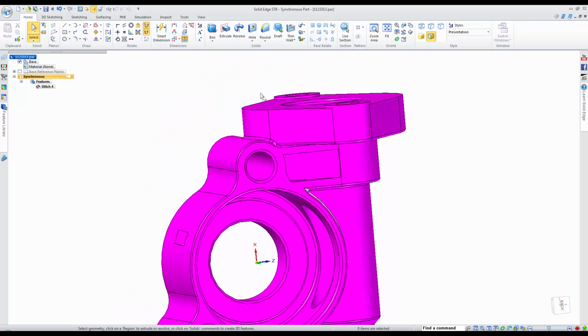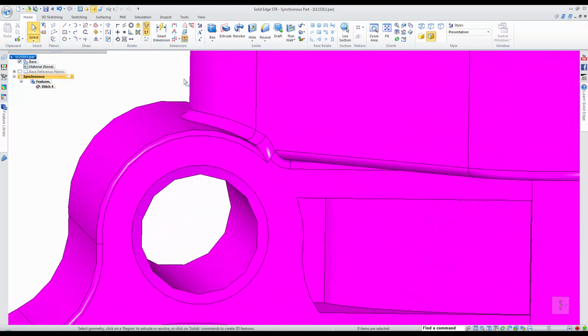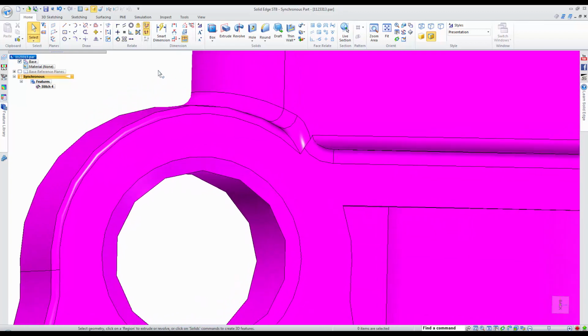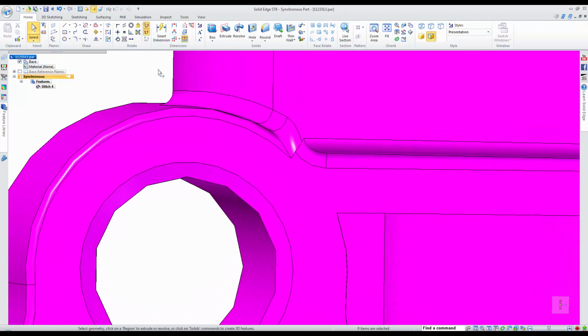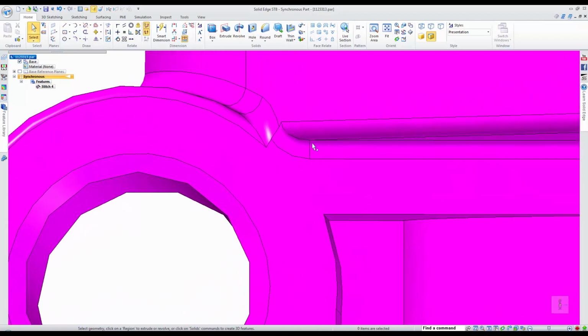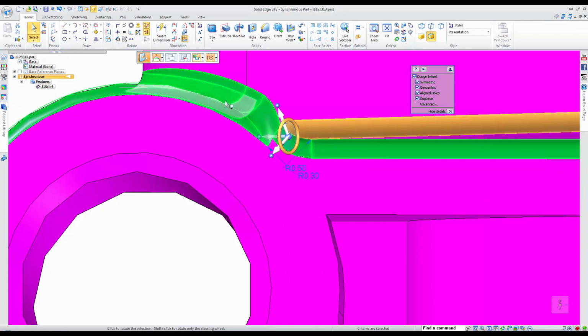I want to take a look at another example. I actually did this in my tip of the week one week, but I want to show you it again here. Just a good tip that we can do to also edit and delete some geometry on the model. What I want to do is delete the rounds in this corner here. You see they don't come in nicely. If I select a couple of them and hit delete,